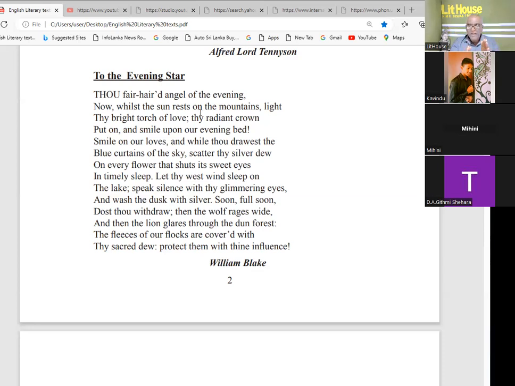Now, evening star is personified as an angel. You know angels. Angels means messengers from heaven. Now, in Buddhist culture, we do not find angels, but in Christian culture,